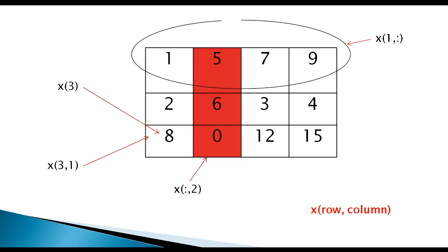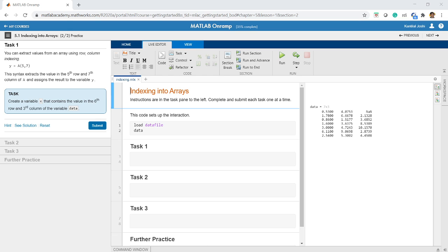Okay, so let us move on further. As you have seen, how to access a particular row or a particular element in a matrix, a row in a matrix or a column in a matrix, let us do some practice on this. Let us get back to the MATLAB window. Right now, these two commands, load data file and data, give us just a matrix for practice purposes. And now let us try to extract various elements out of this matrix.